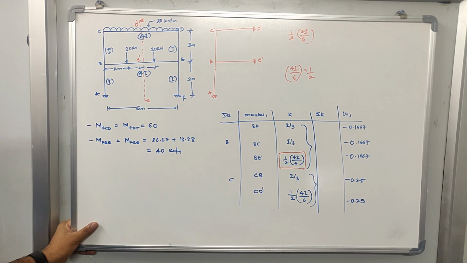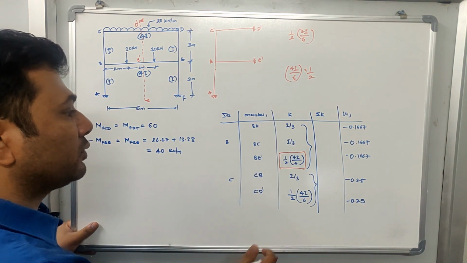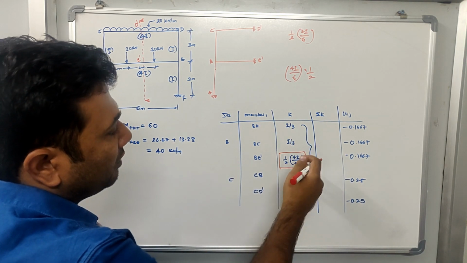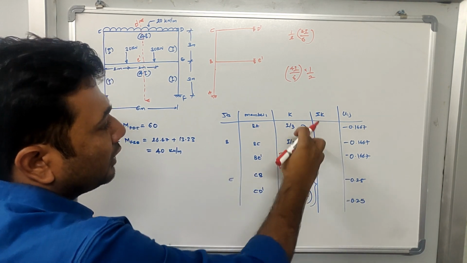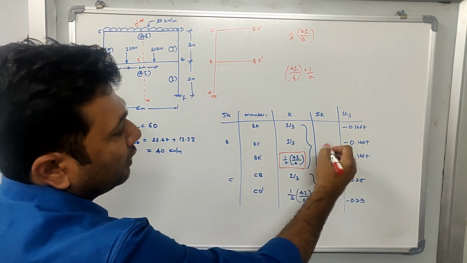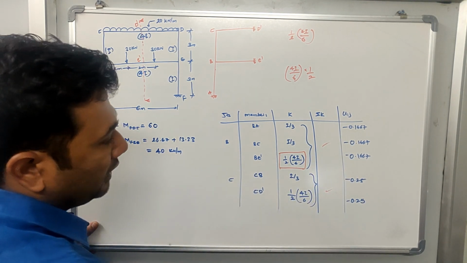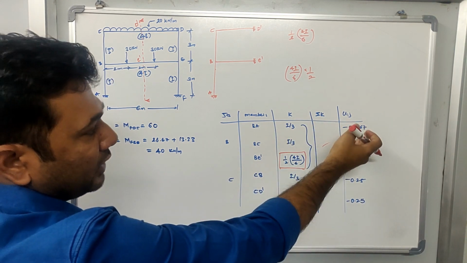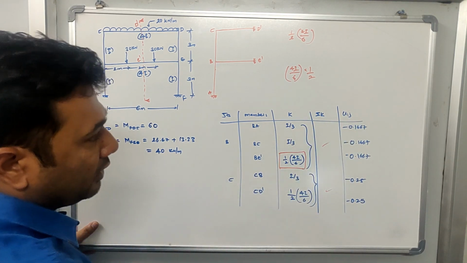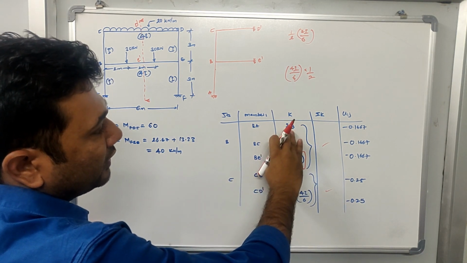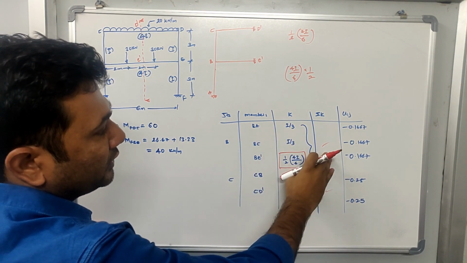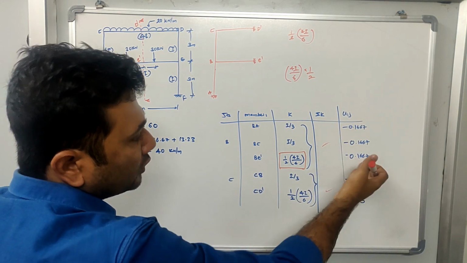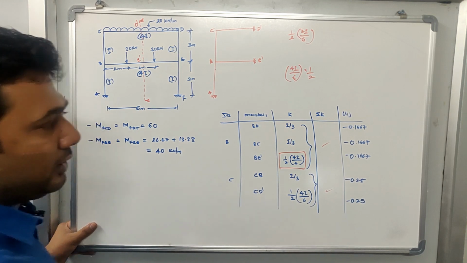Okay, once you calculate the stiffness values of all the members, you take the sum of the stiffnesses of all the members at each individual joint. So we'll take the sum of this, and write down how much is the stiffness of B and the stiffness of C. Once you calculate the joint stiffness of B and C, the next step is to calculate the rotation factor. The stiffness of the individual element divided by the joint stiffness multiplied by minus 0.5 will give you the rotation factors. So these are the rotation factors which I have determined.